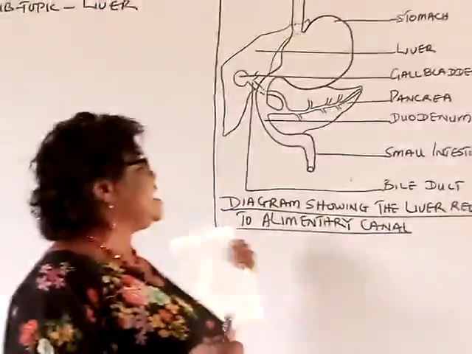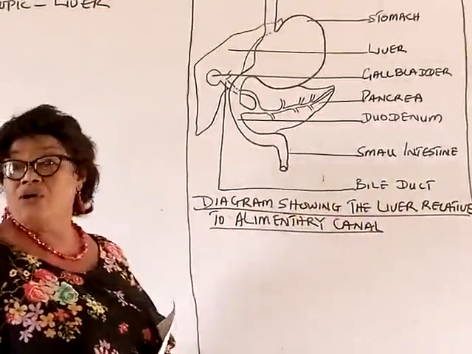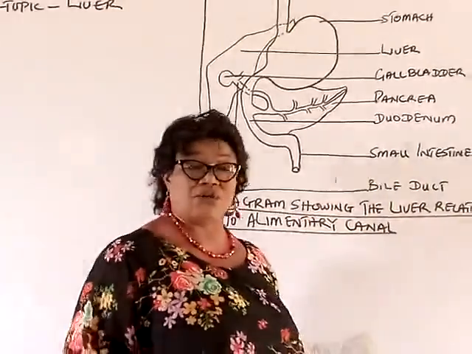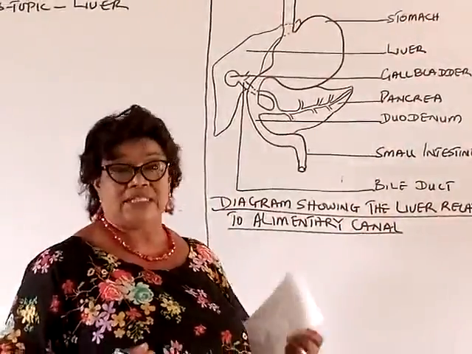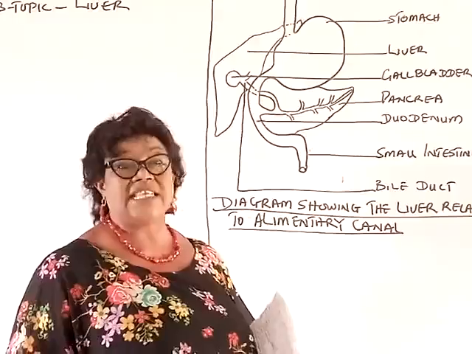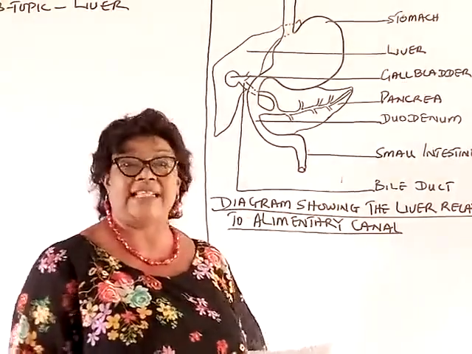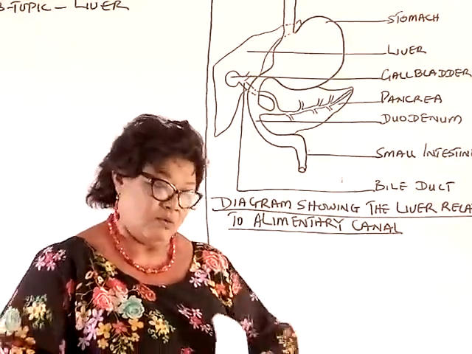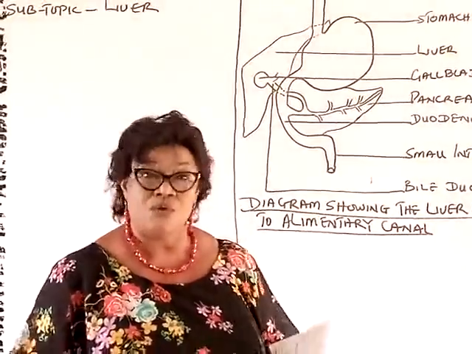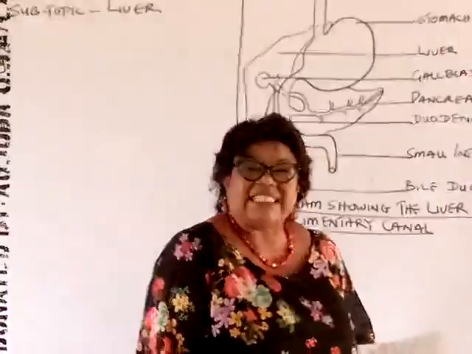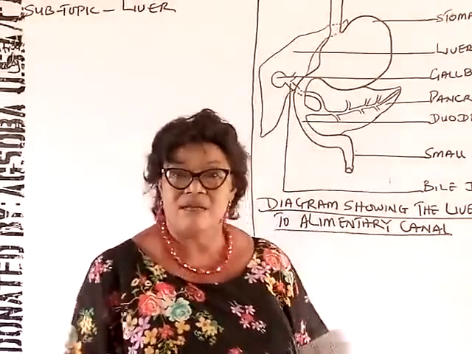If you have seen the liver in a diagram or in a structure, you will see the liver is big. You may have seen where they dissect a cow, which we commonly call the malu. You would have seen where they brought out the liver. That is the way it is in the human body as well.